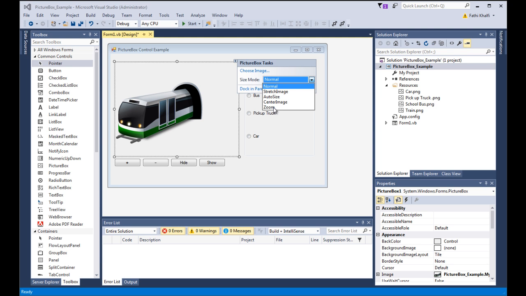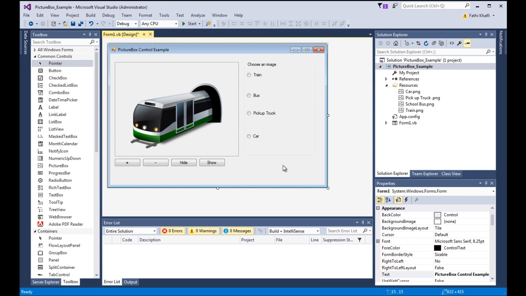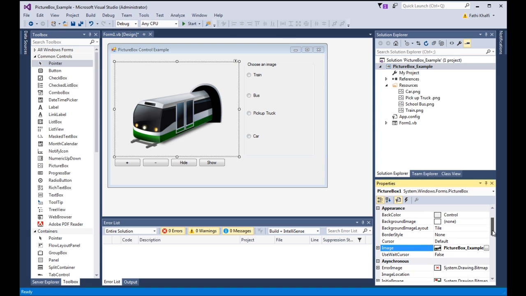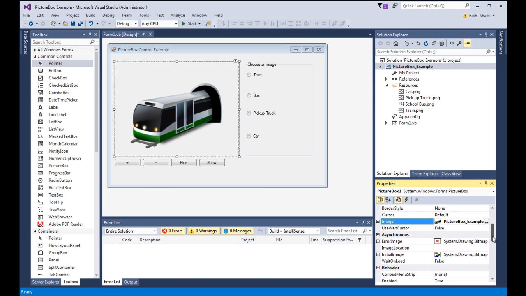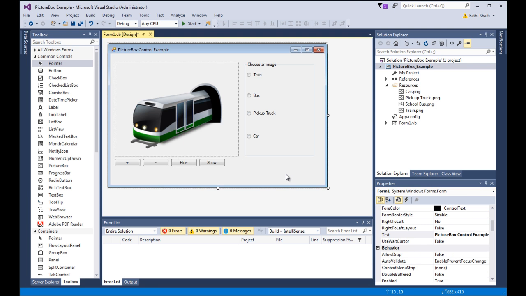I'm gonna choose that. Alright, and click out. You can do the same thing by coming here as well to the property, and here you can do the same thing here. So I'm gonna keep zoom. Alright,